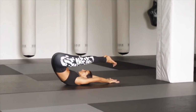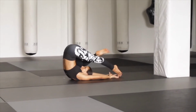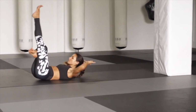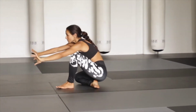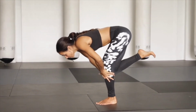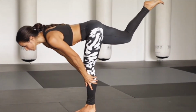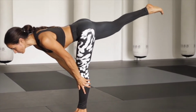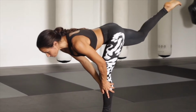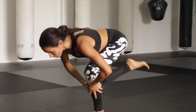Folding the right leg behind the left, rolling forward through that half boat into your warrior's base, shifting into the front leg, holding either by your calf, by your ankle, a little higher by the knee. And now as you extend the left leg, reach your right leg behind you, keeping your hips square for your standing split. Long spine, reaching through the crown of the head all the way into the ball of the right foot. Lowering back with control, finding the ground with the top of your right foot, the knee, to sit back into